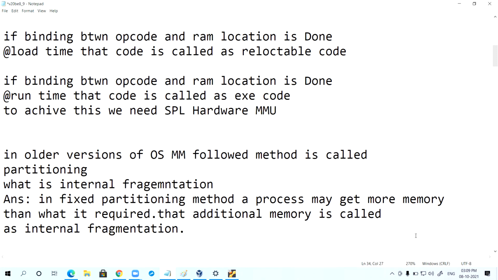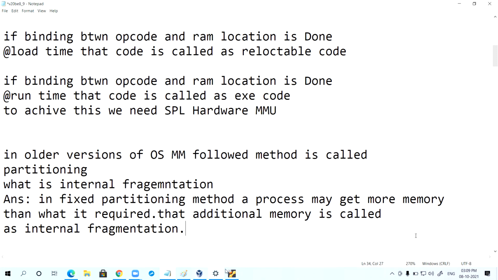Again, in a fixed partitioning method, a process may get more memory than what it required. That additional memory which is wasted, unnecessarily allocated, is called internal fragmentation.